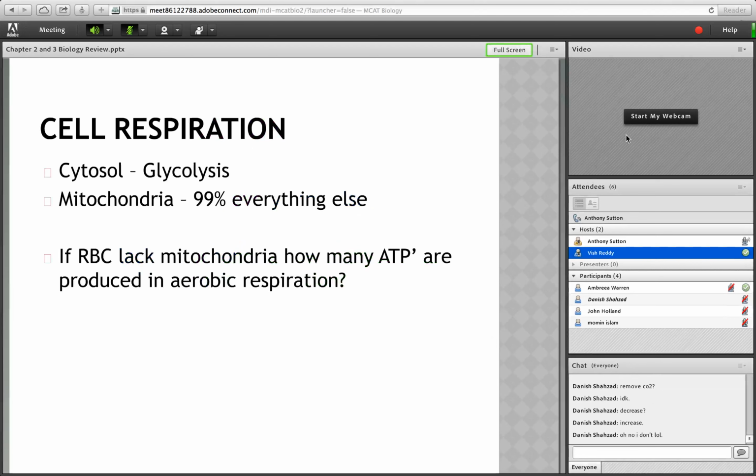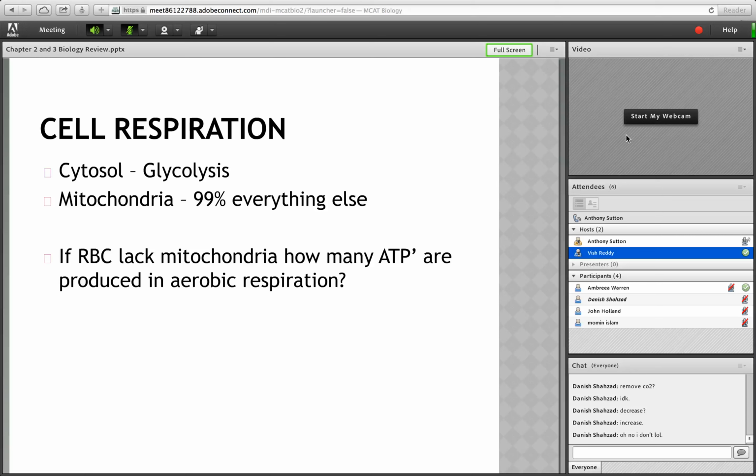All right, so in cellular respiration, glycolysis happens in the cytosol, right? The mitochondria pretty much does everything else. If you think about beta oxidation, Krebs cycle, electron transport, for the most part, your default answer should be the mitochondria if you don't know. If it's not glycolysis, it's involved in cellular respiration, and you have no clue, then definitely pick mitochondria as your default. Okay? Now, if red blood cells lack mitochondria,